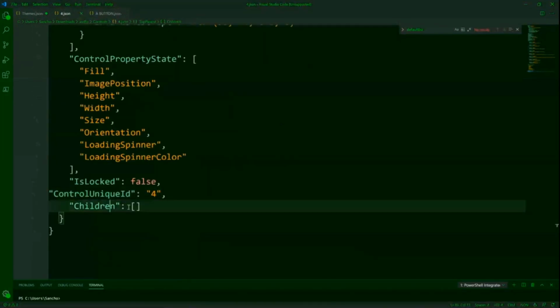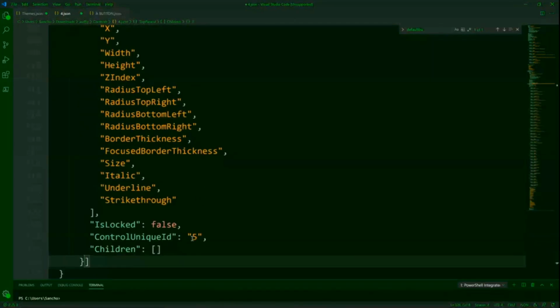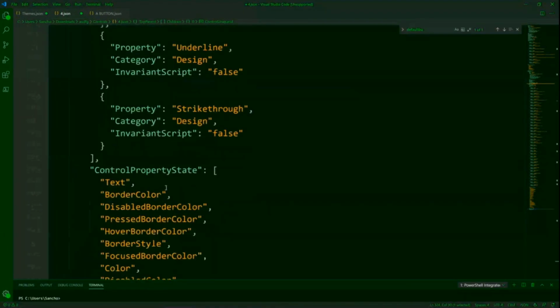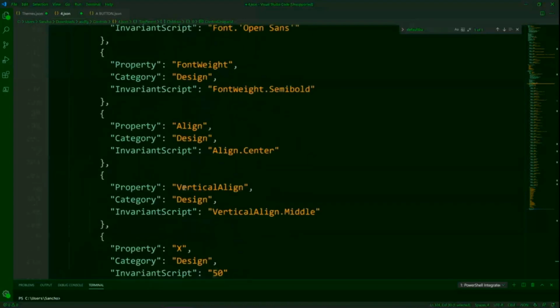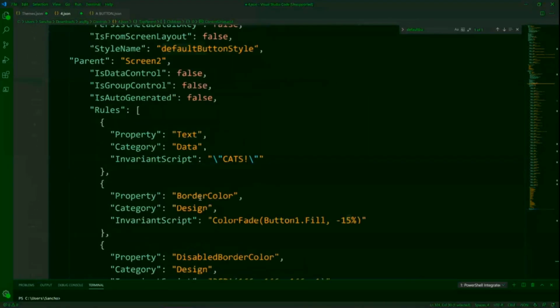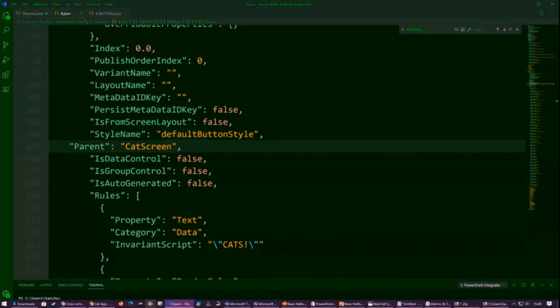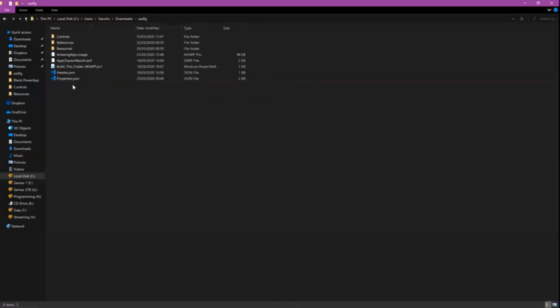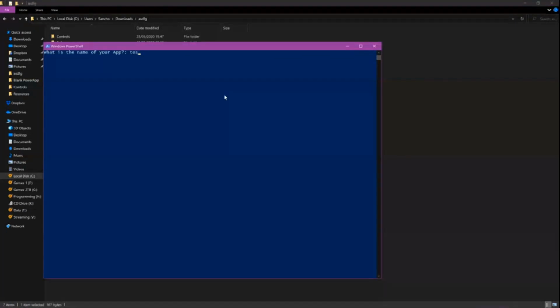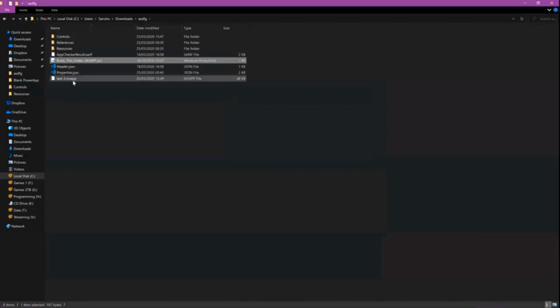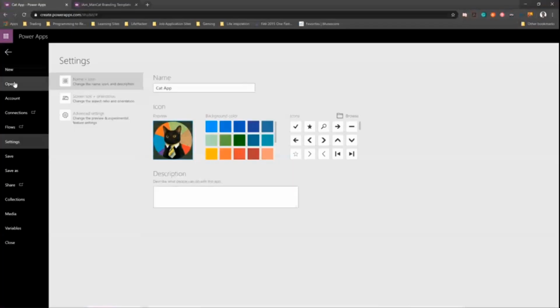At the bottom here, it's got children, so that's where you see your children items within a parent, which is the screen. We paste in that button, which has unique ID 5, so the unique IDs have to be numerical as you go through. And then you look for its parent. Parent is set to screen 2, which is what it was called before, but we changed it to cat screen. Save that, and we do that again. So let's get rid of that, and if I import that,